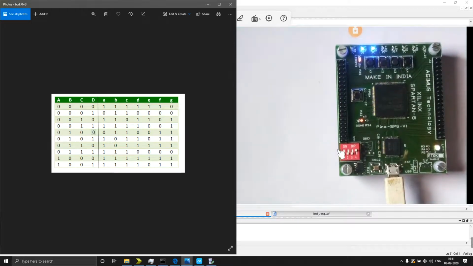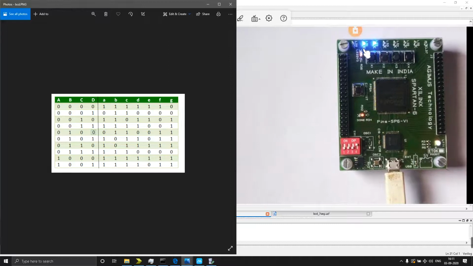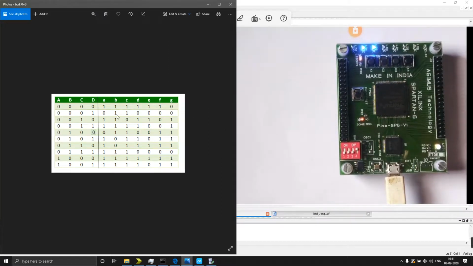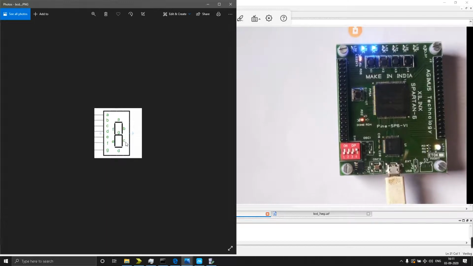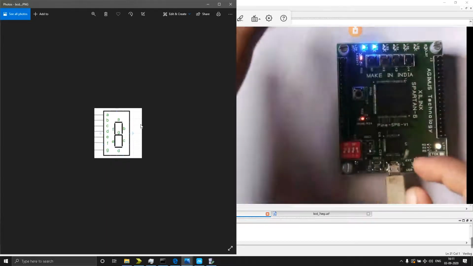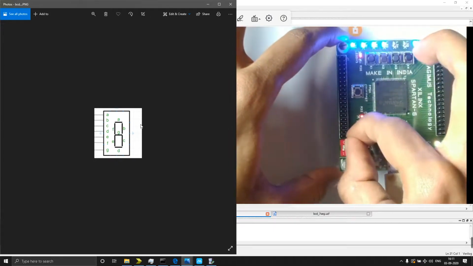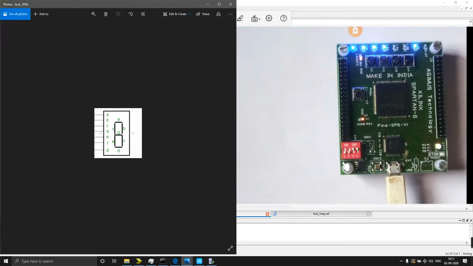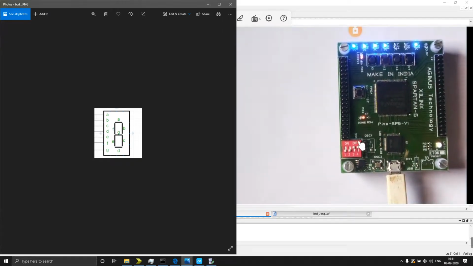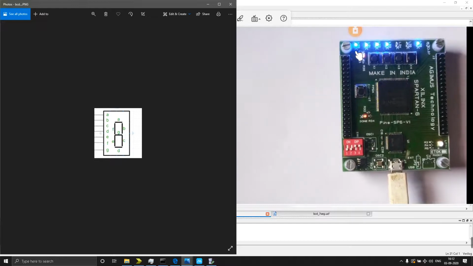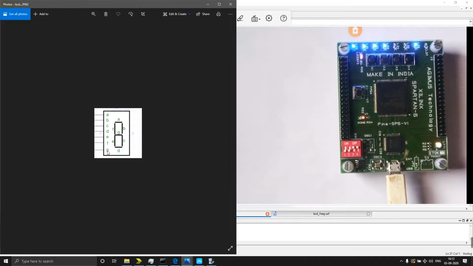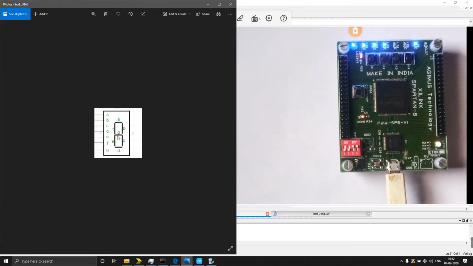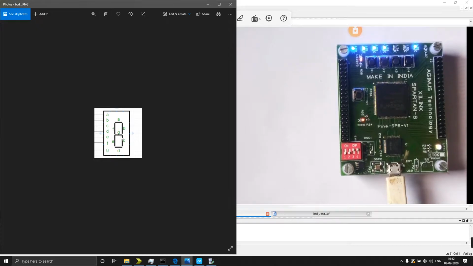Now the BCD input is 1, and we are getting B and C. Here we can see B and C is 1. When we compare that, it's a straight line 1. Now I made these two, that means the value is 2 plus 1, that is 3. I'm getting 3 for A, B, C, D, and the middle one, the last one, that is G. That means A, B, G, C, D, like this.